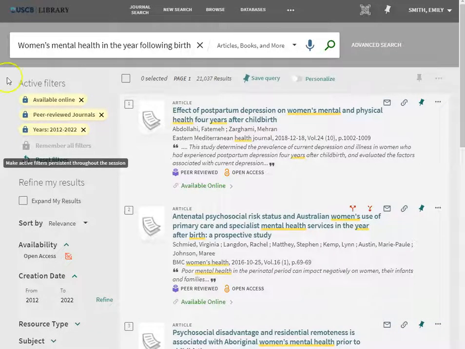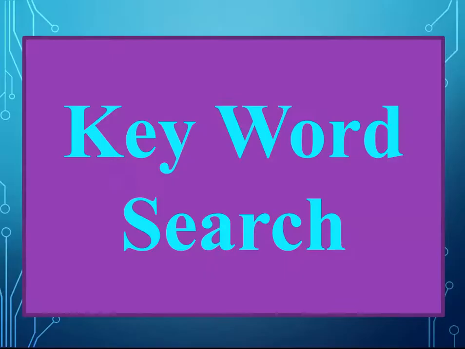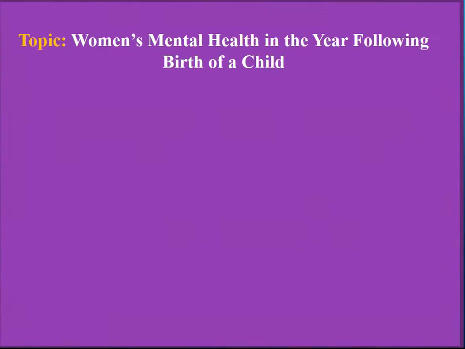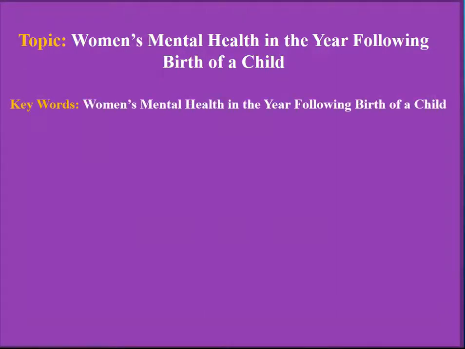I began my search by typing in my topic exactly as it was written on my paper. When searching in the library catalog or databases, we want to do what is called a keyword search. This is taking the important words in my topic and focusing on these words to find relevant search results. Online databases don't take smaller words such as it, the, by, and of into consideration.